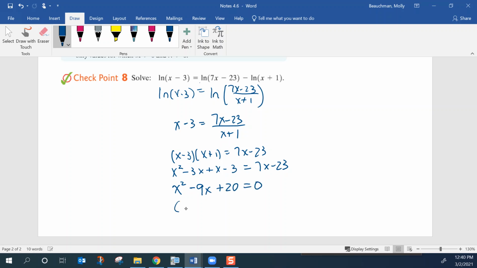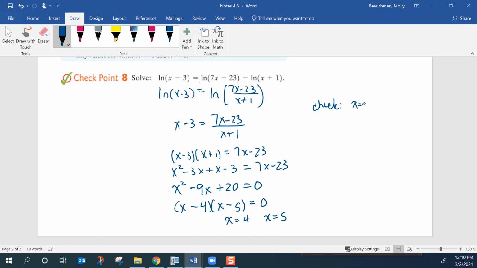Solve the quadratic. This one looks like it factors, but if it didn't, you'd use the quadratic formula. We need two numbers. 4 times 5 gives us 20. Negative 4 plus negative 5 gives us negative 9. So our two solutions are x equals 4 and x equals 5. Then you check,